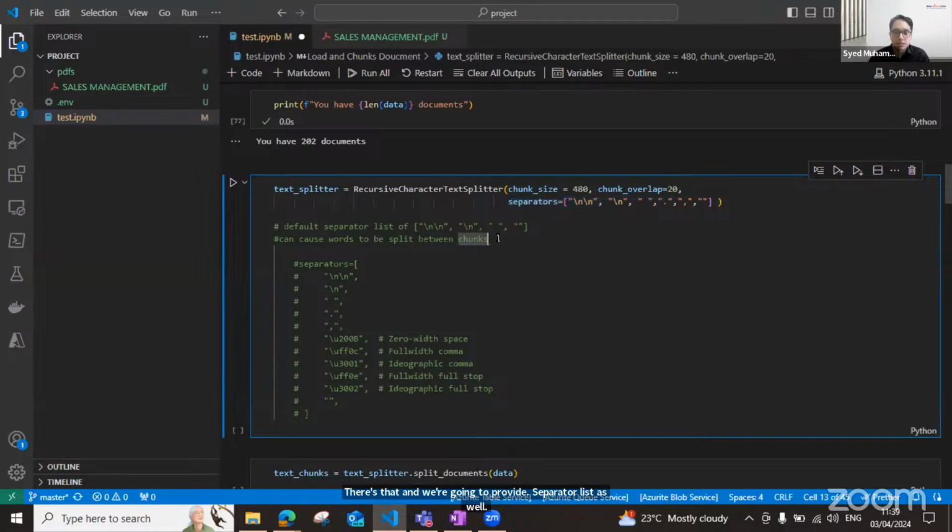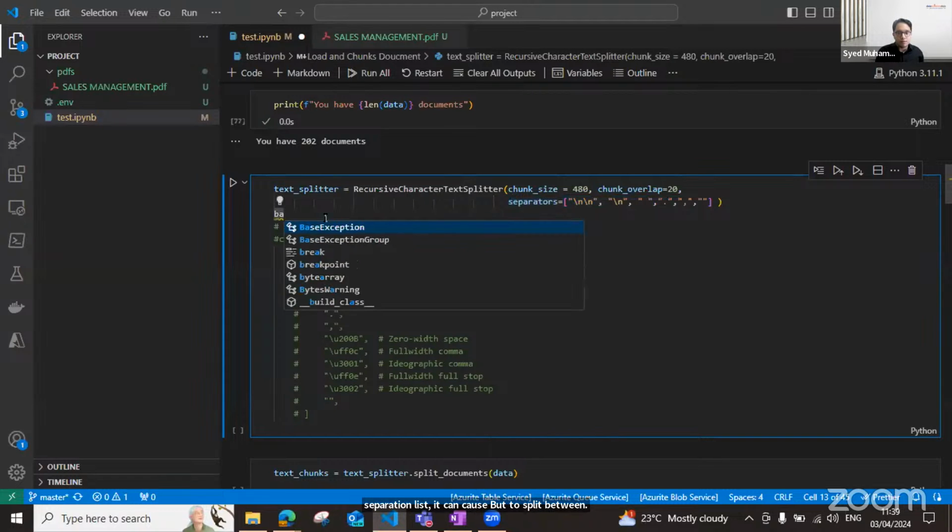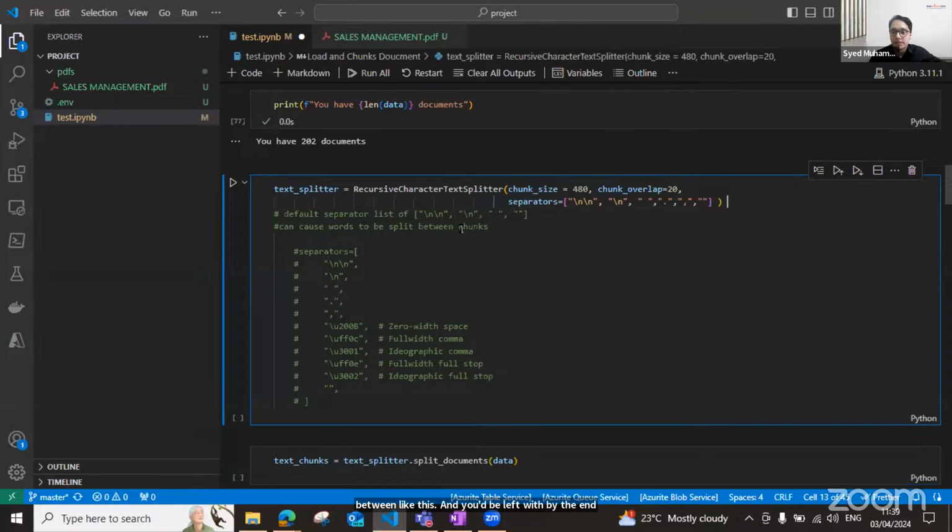The reason for this is that you can opt not to do this, but there's a problem that's pointed out in the LangChain documentation that says that if you use the default separator list, it can cause words to split in between. So like if I have a word, bad, it could just split in between like this, and you would be left with ba and d, and that would make no sense at all. So anyways,